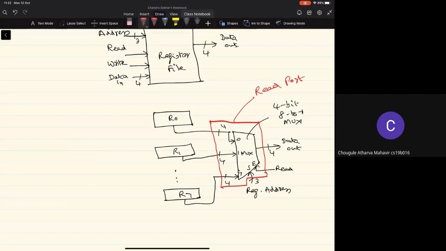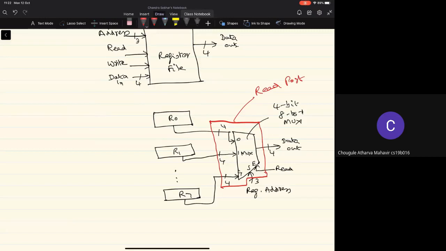Is it possible to read the content of more than one register simultaneously? I want you to get the question clear.